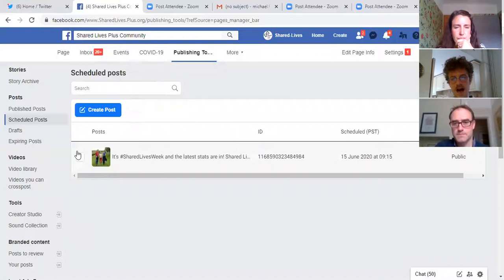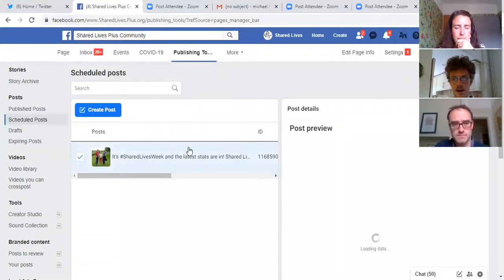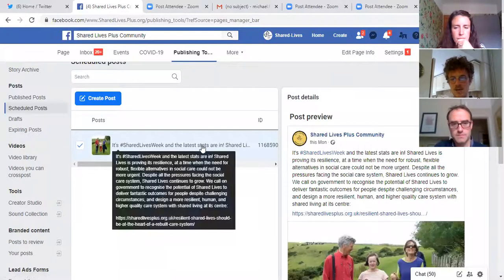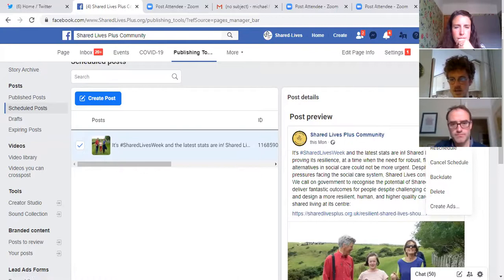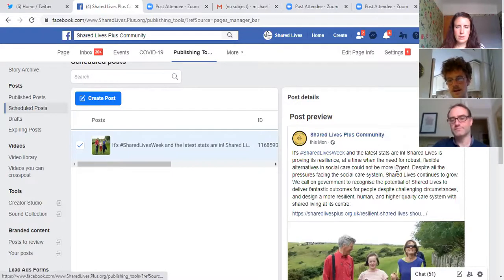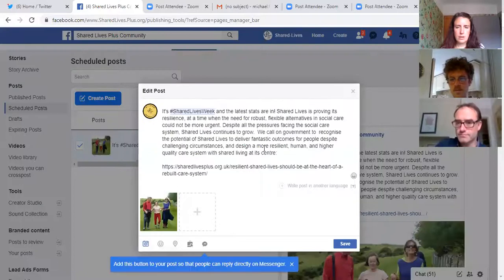And if you're not happy with it, if you tick the box next to it, you can then take actions, reschedule it, delete it entirely. And then if you click on the settings button here, you can edit the post. So if I noticed I've made a typo in it and I'm mortified, but I've got time to save it before it goes out, I can edit the post here, and then you enter into the dialog box again and just edit the text as you would ordinarily. So I'm happy with that, though.